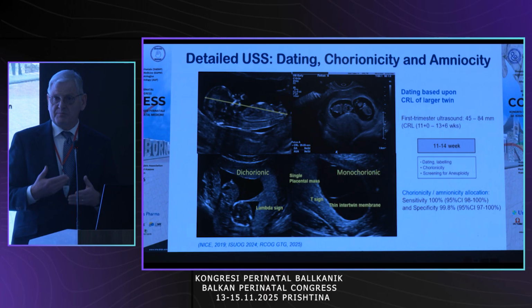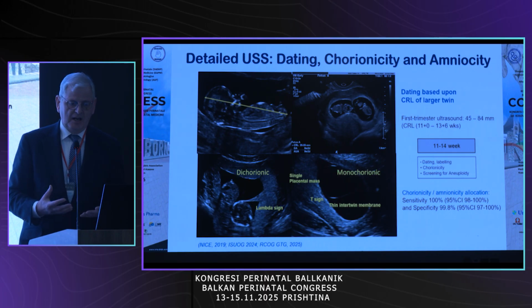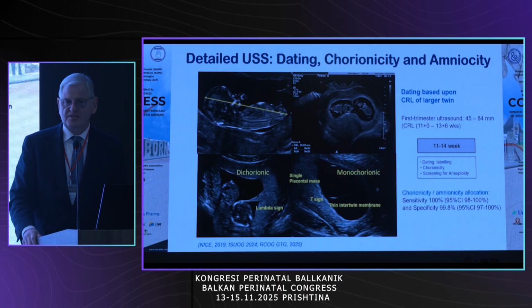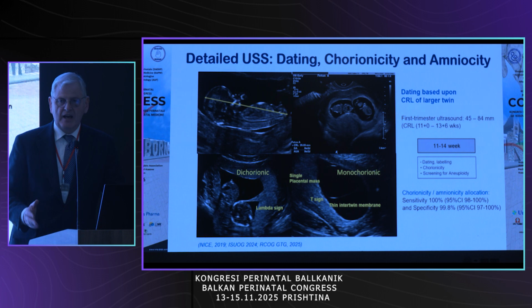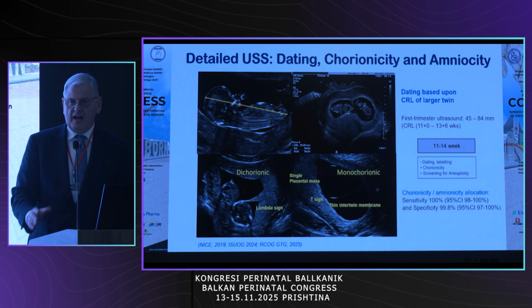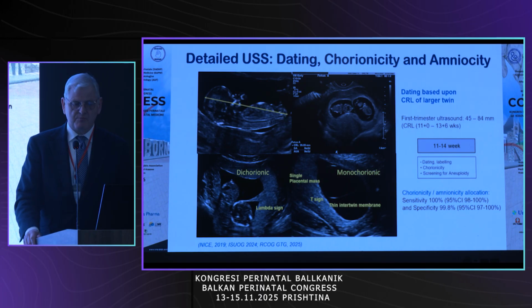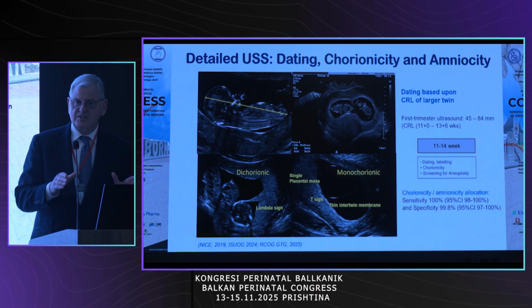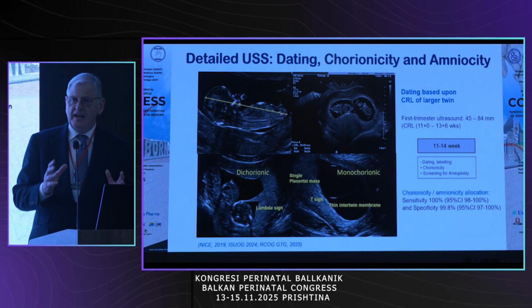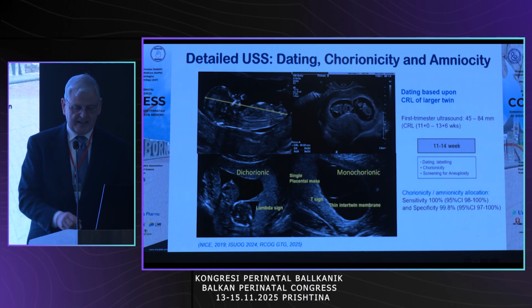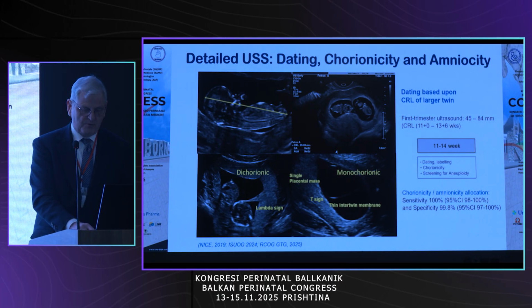Key to this from a prospective management sense is the first trimester scan, which is performed commonly at between 11 and 14 weeks gestation and allows the diagnosis of a twin pregnancy, and with high sensitivity and specificity, the dating and the allocation of chorionicity, which is the cornerstone of management in twin pregnancies. So this scan right at the beginning of the pregnancy is very important in terms of allocating risk and therefore a care pathway going forward.